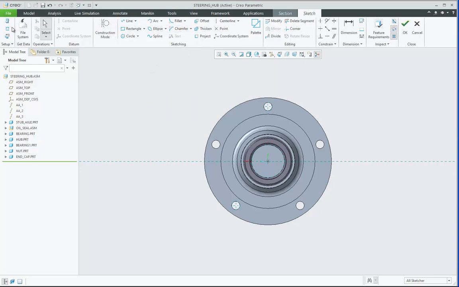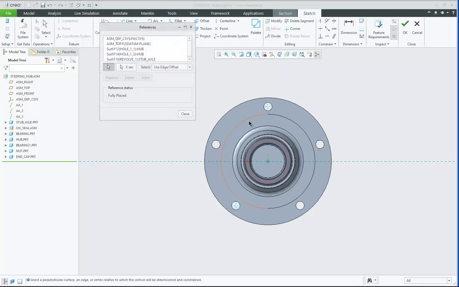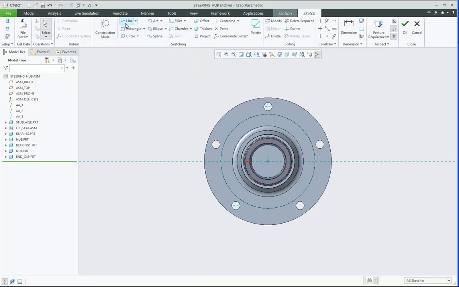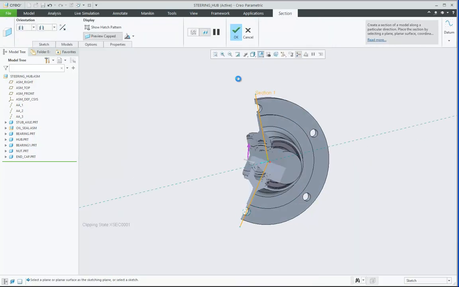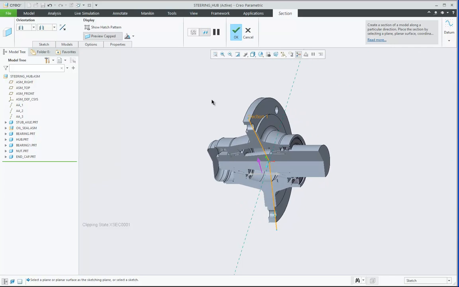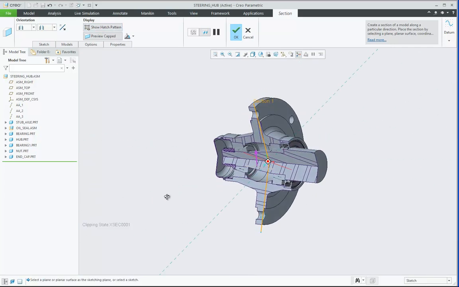Okay, so now I will just create a line passing through both the centers, and this is my definition of section. So the section gets created, then I can show the hatching.